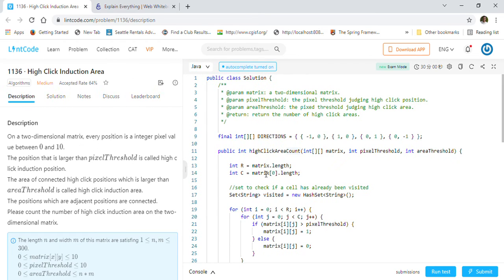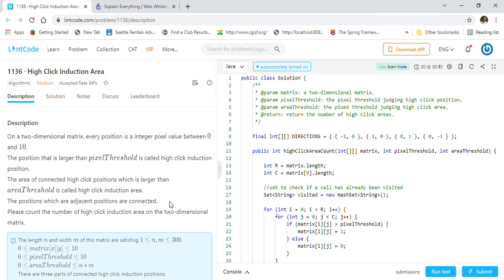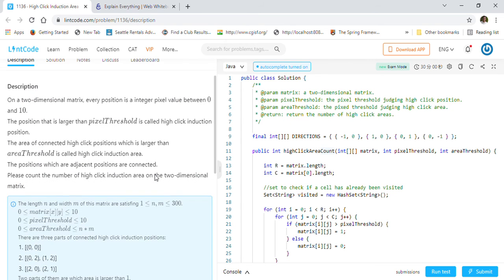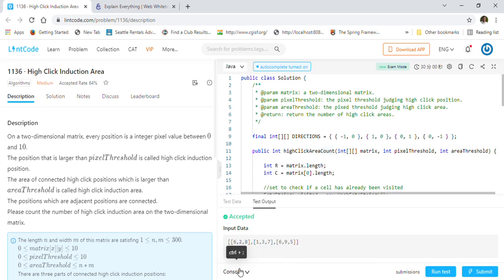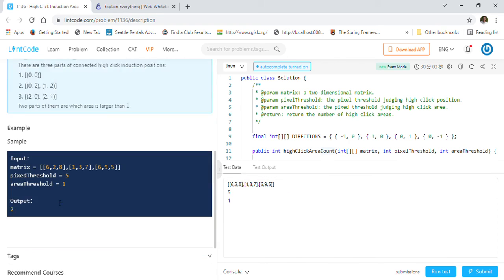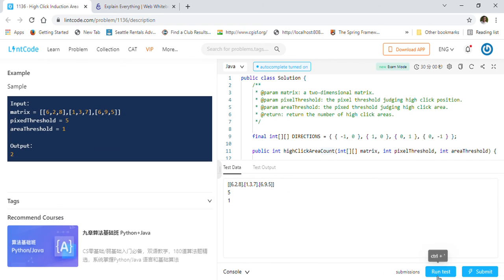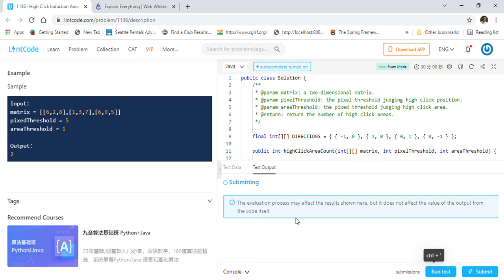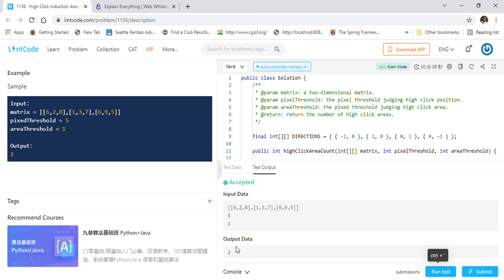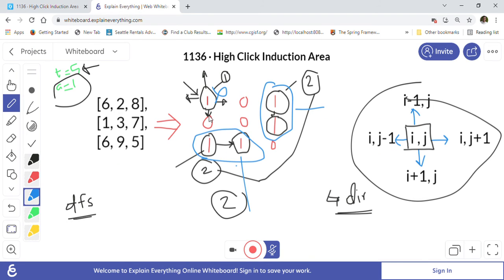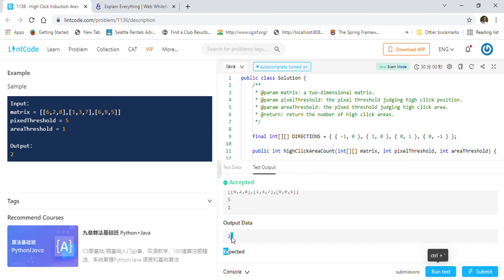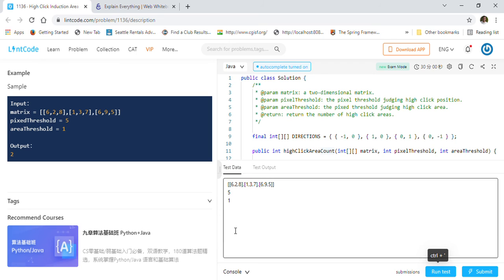So this is a medium difficulty problem. I just thought that it's a kind of interesting problem to solve and make a video on, so people can also understand how we can solve these kinds of problems. So let us just quickly run this test case that is given to us. We should get an area equal to 2, with our threshold. As this is the same example that we took here, we are getting the correct answer. 2 is the output because our threshold is 1.